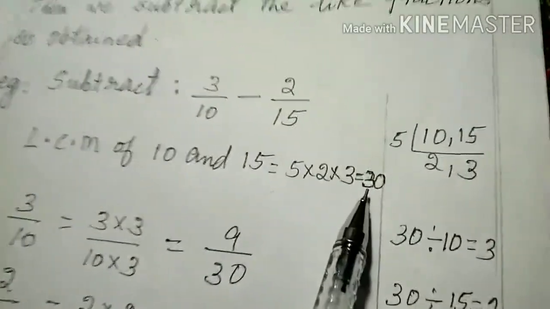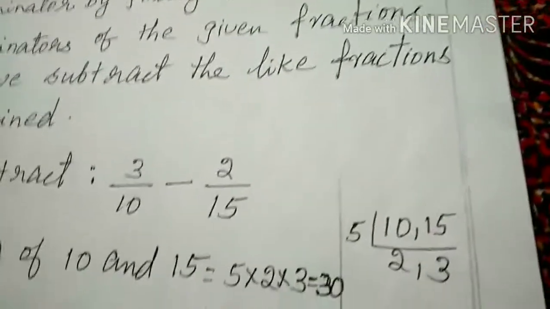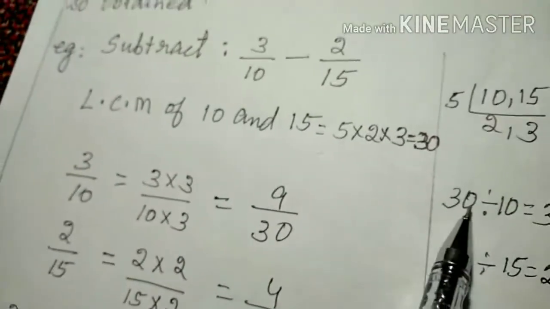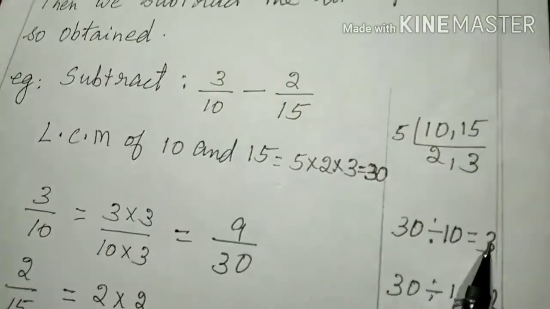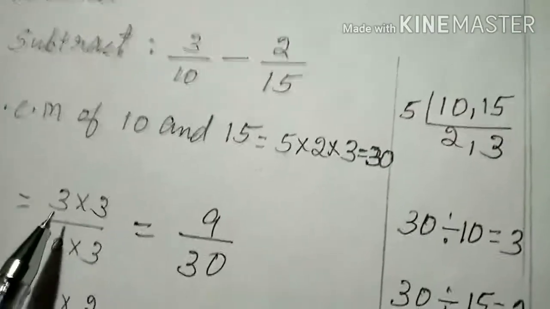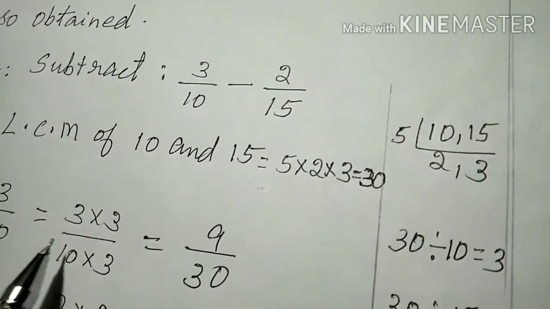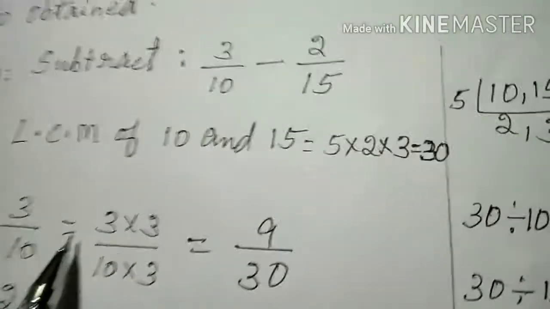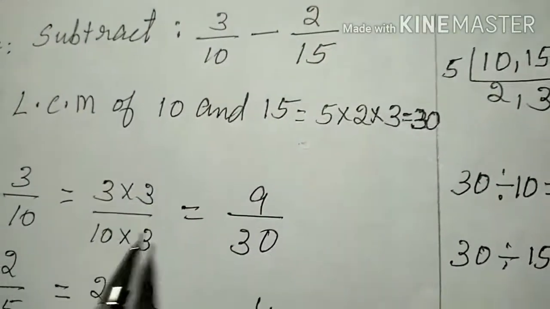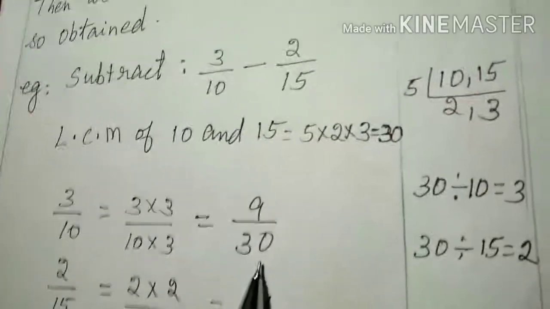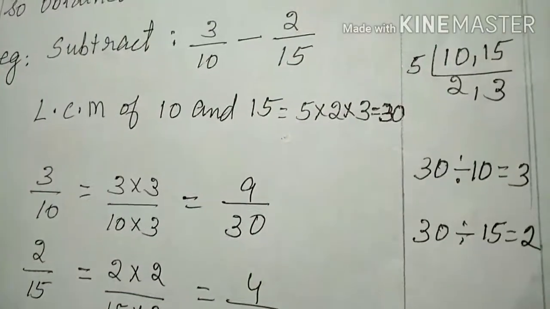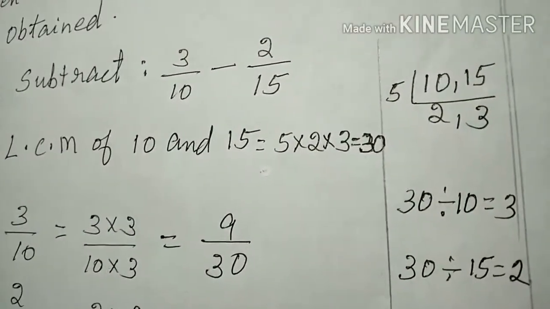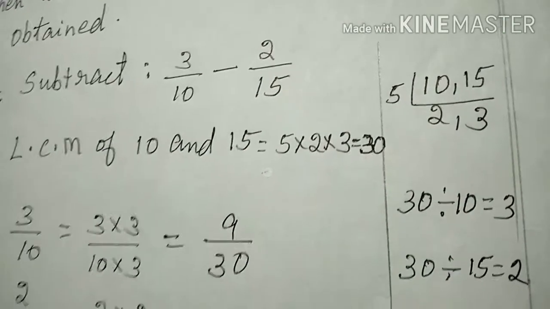After getting the LCM, you divide the LCM by the denominator of the first fraction. 30 divided by 10, you will get 3. Multiply both numerator and denominator of 3 by 10 by 3. Therefore 3 by 10 is equal to 3 into 3 by 10 into 3, that is equal to 9 by 30. Similarly 2 by 15 is equal to